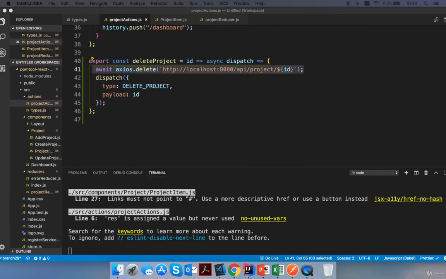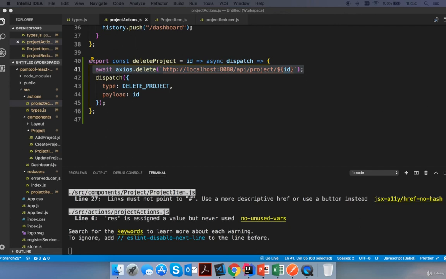Team, I really hope you enjoyed these two initial sections, getting your feet wet with both Spring Boot and Spring Boot APIs, and also with React and Redux. In the next few sections, we're going to keep working on our use cases, which is obviously, once we have a project,